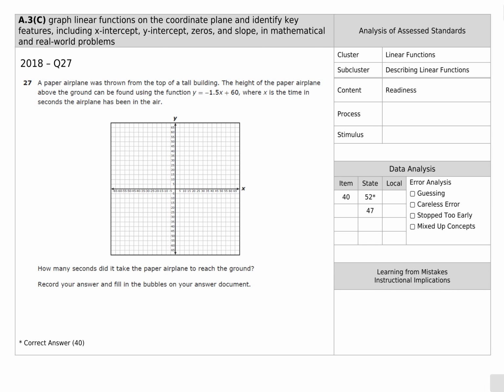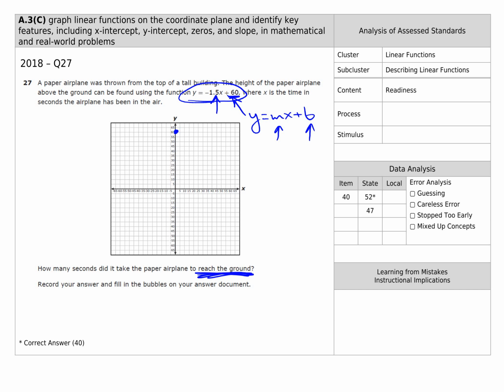This question is asking how many seconds did it take for it to reach the ground? So we're looking at the scenario. Here's our equation. We see the y-intercept is 60. We know that because it's y equals mx plus b, y-intercept and slope. So we have a starting point at 60, the y-intercept, and the slope is showing us it's going down